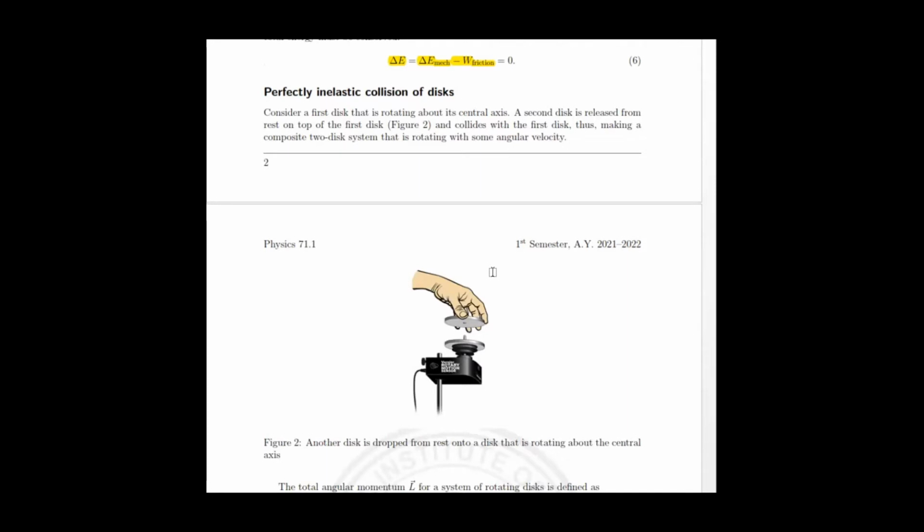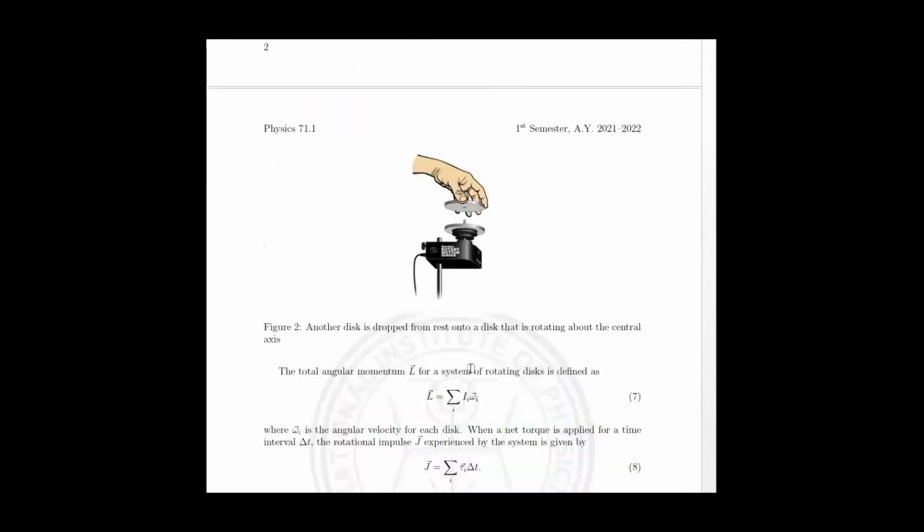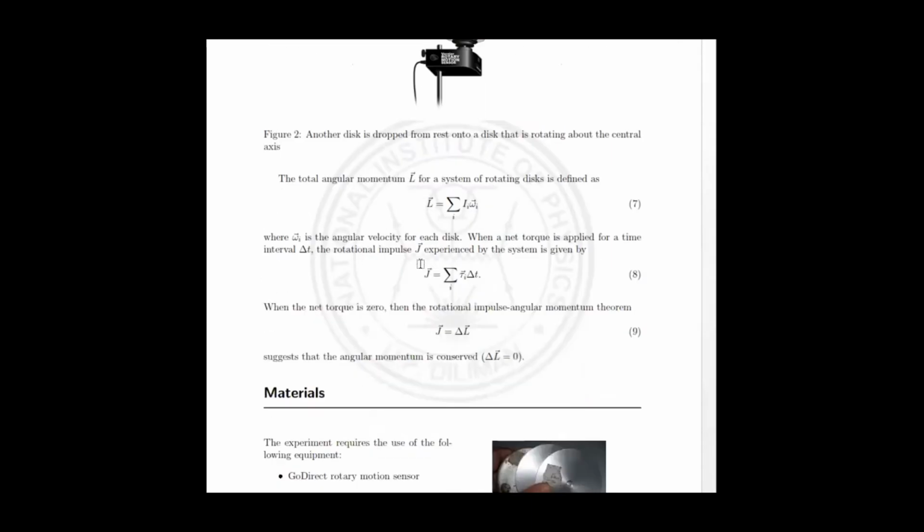So sa experiment dito, ang case na gagawin ay may magpaparotate ng disk, and at the same time may ipapatong na isa pang disk doon sa taas ng already rotating disk. So the total angular momentum, if dalawa na ito, so sa drawing na ito pinagpatong yung dalawang disk na umiikot, the total angular momentum is simply defined as the sum of the I omegas. So this is I1 omega 1 plus I2 omega 2 is equal to your final angular momentum if it's conserved,